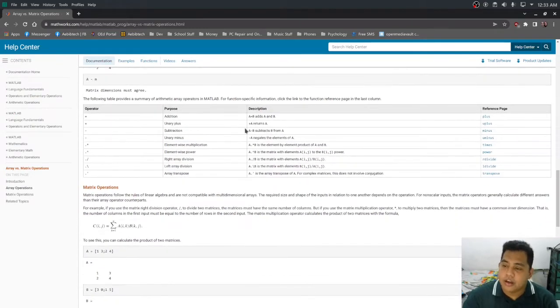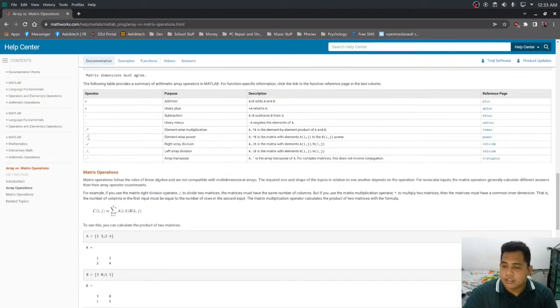So here are the basic operations. These are our usual mathematics symbols. Plus, minus. So we have addition, unary plus, subtraction, unary minus.